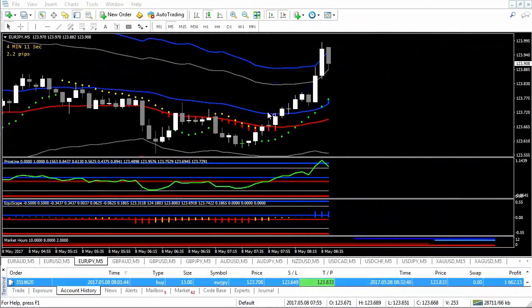So this is where we entered the trade, at this candle here. This was the entry to go long, and the take profit, see, it was right here. So we got out of the trade where it hit this gray level. We got this entry to go long and we did get as far as the outside blue level here